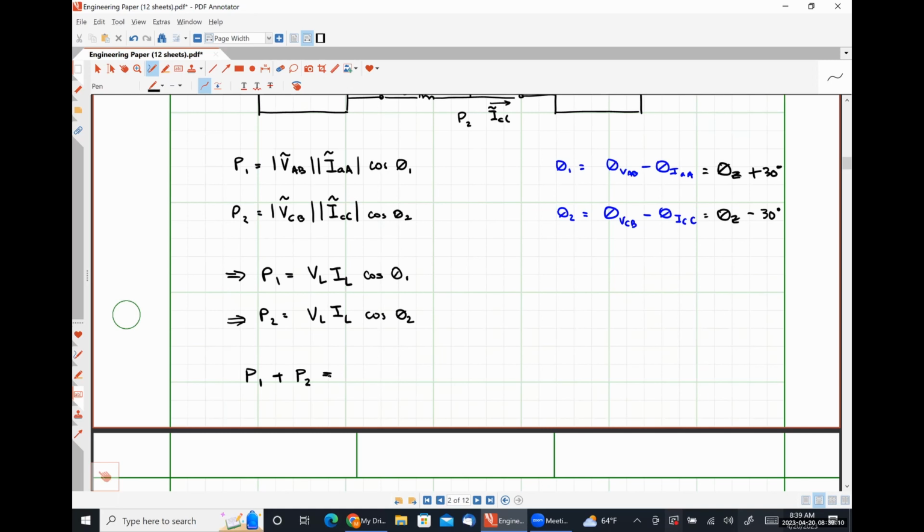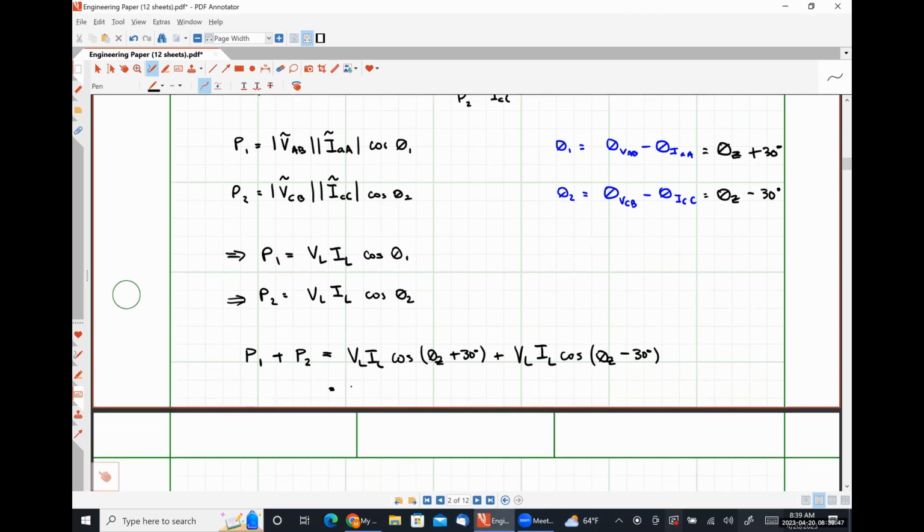So we would have VL IL cosine(theta z plus 30 degrees) plus VL IL cosine(theta z minus 30 degrees), which, using a little bit of trig, which I'm not going to make you suffer through, just to be clear, would come out to be twice, this thing I'll write,